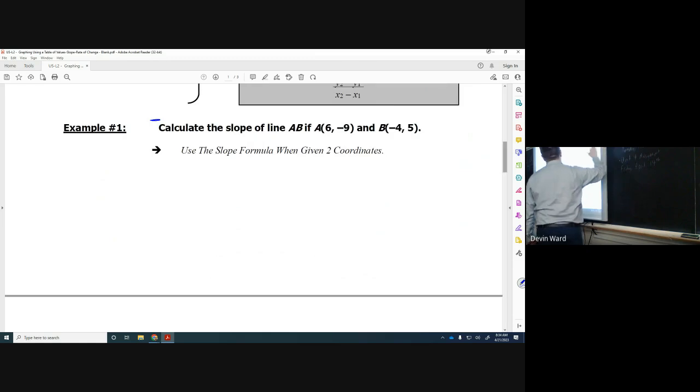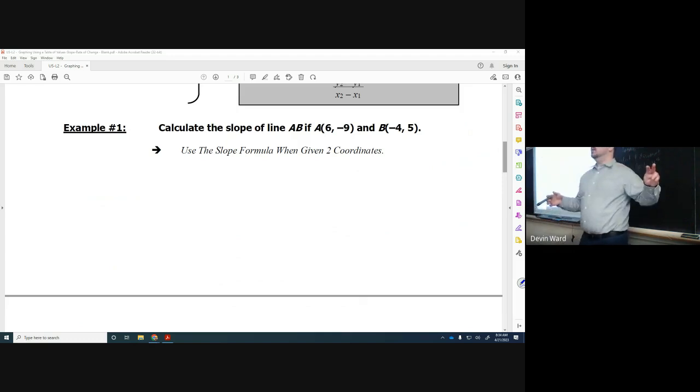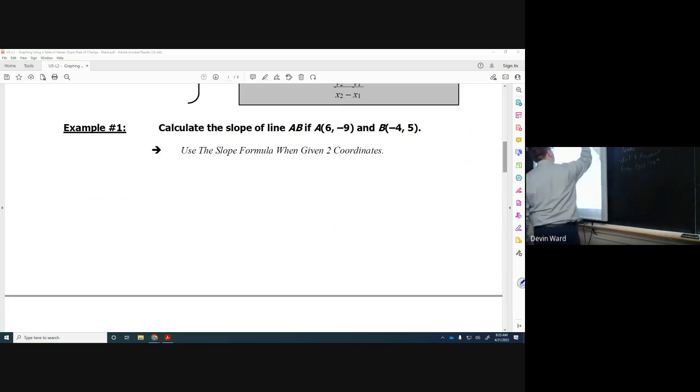So in this example, we want to calculate the slope of a line AB. Does everyone remember that kind of line notation? No? So if you have 2 points A and B, we call the line between them AB. Okay? So if we have A and B,